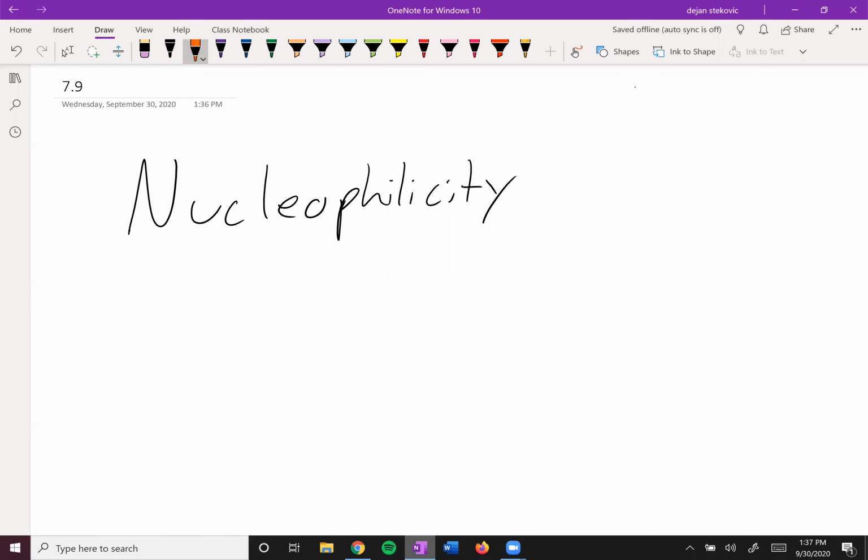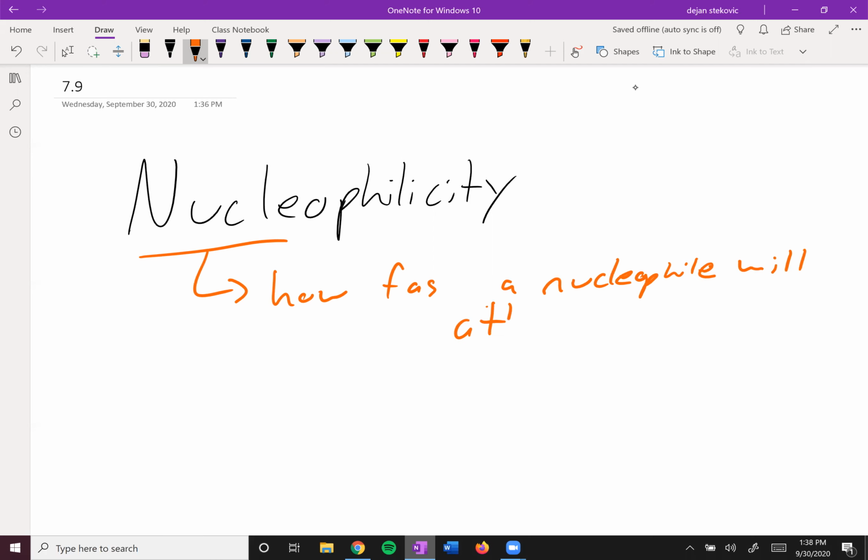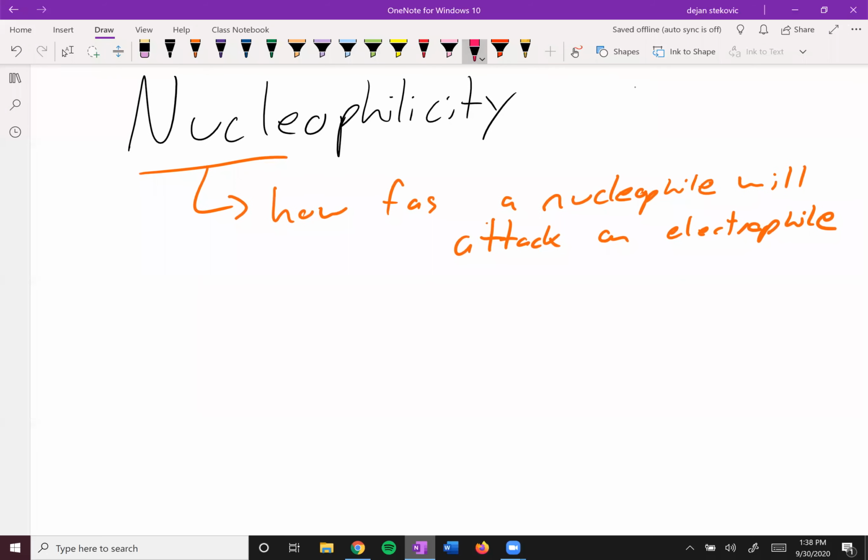All right, so we have a leaving group and then a nucleophile in an SN2 reaction. We already talked about what makes a good leaving group. Now let's talk about what makes a good nucleophile, or let's talk about the nucleophilicity of a compound. So the nucleophilicity of a compound is how fast a nucleophile will attack an electrophile. And this is very context dependent, but what we're going to basically say is that strong nucleophiles